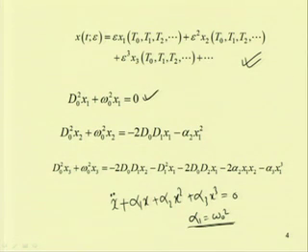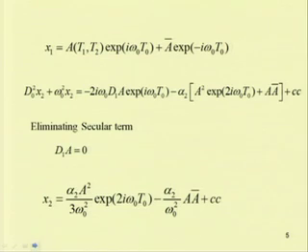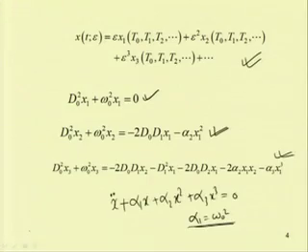We know the solution of the first equation, d 0 square x 1 plus omega 0 square x 1. Substituting this solution in the second equation and getting the solutions of x 1 and x 2, and substituting those two in the third equation, we can get different frequency response equations. For example, the solution of this equation is a 1 e to the power I omega 0 t 0 plus a 1 bar e to the power minus I omega 0 t 0. Substituting this in the second equation,